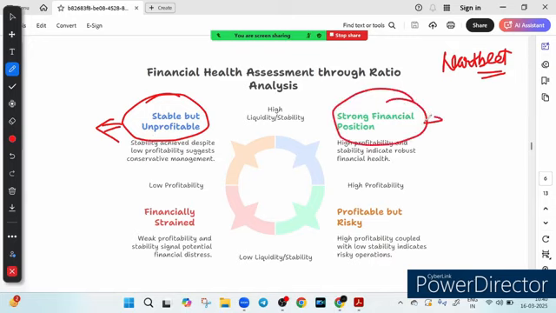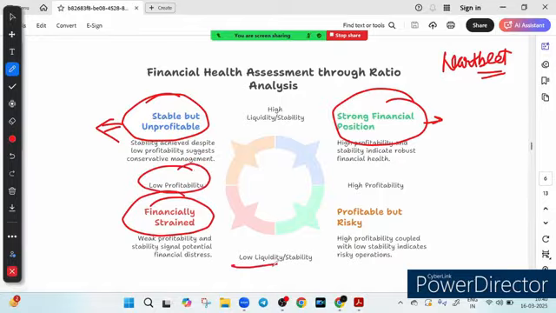Second is a strong financial position. High profitability, high stability. This is the dream scenario. A company with a strong profit and solid financial footing is set for long-term success and growth. Then we have financially strained, meaning low liquidity, low profitability. A business in this state struggles with both